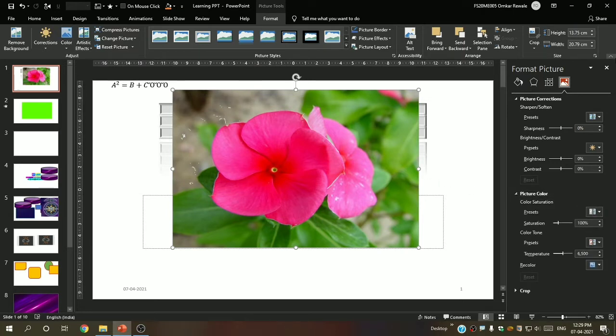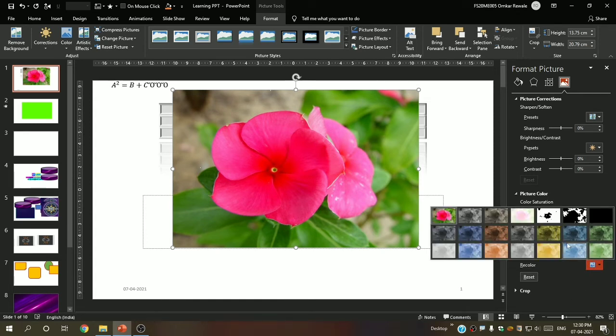So now let us again see some more options which are here. Temperature, you can increase the temperature from here, or you may decrease that also. You can see the simultaneous changes happening to the picture as I am moving my cursor over the various options.